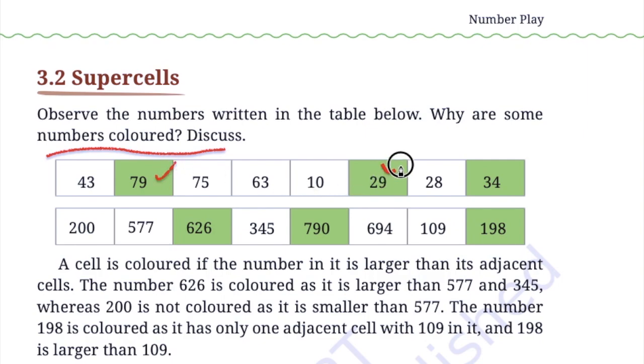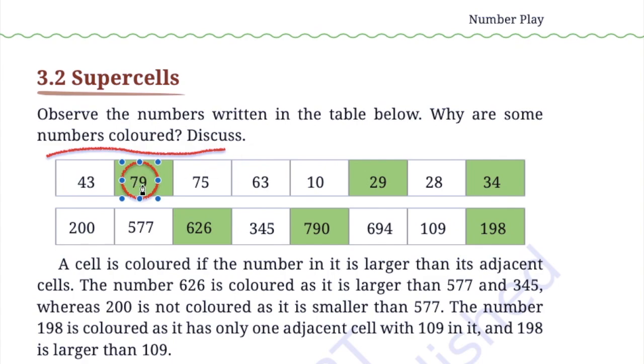This is green, this is green, this is also green. Why are these numbers green? We have to see that. What do you think? What's coming to your mind? See, I'm telling you, this number is 79. As we have seen previously, the left and right children's height was taller or shorter, and accordingly that student was telling the number.